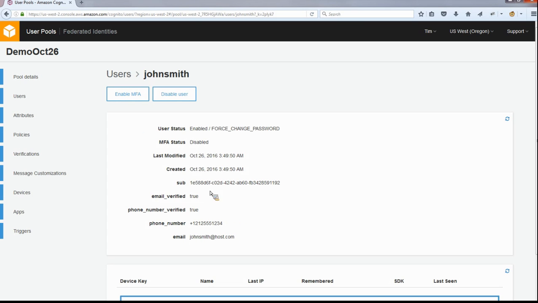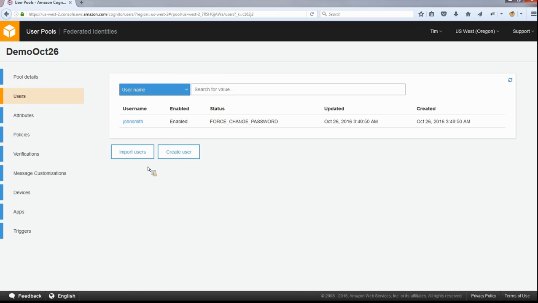I can enable MFA for them. I can disable the user. Depending on the user's state, this user is not confirmed yet, but I can change their state as well, depending on how they've started. And then if I go back, I also have the ability to import users and create